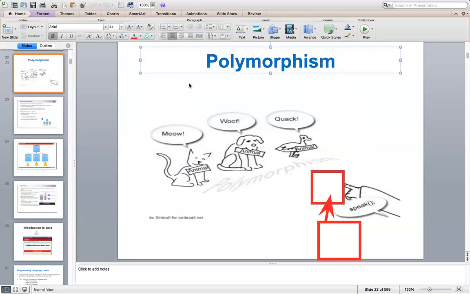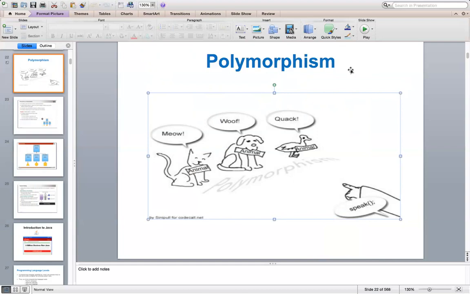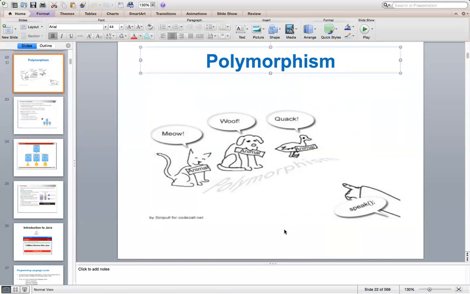Let me clear these drawings. If you see this particular diagram, this best explains what polymorphism is. I have a method called speak, and this method speak is called on an object called cat, and cat speaks differently. When the speak method is called on dog, it speaks differently.